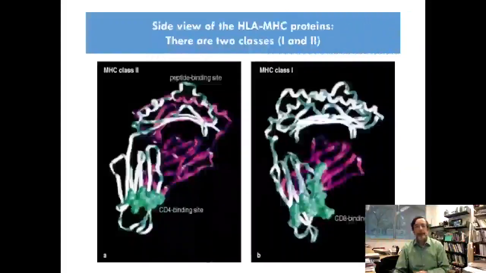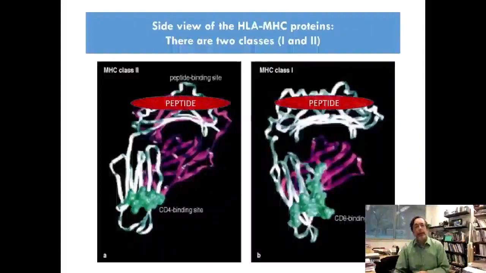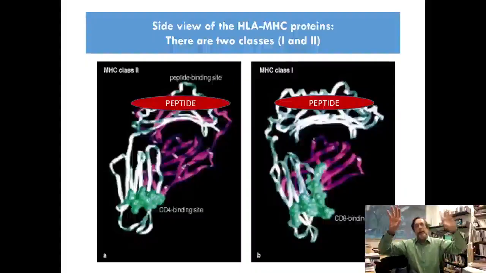peptide has. Remember the side view of these, that we have MHC class 2 and class 1. In both of them, the peptide is like the hot dog in the hot dog bun. And remember that there's some side chains pointing down, some side chains pointing up. The T cell can only see the things that are pointing up at it. These side chains don't have a controlled up or down, so they're half down, right? That's the idea, and that means that a T cell really is recognizing only a few peptide side chains that are pointing up toward it.